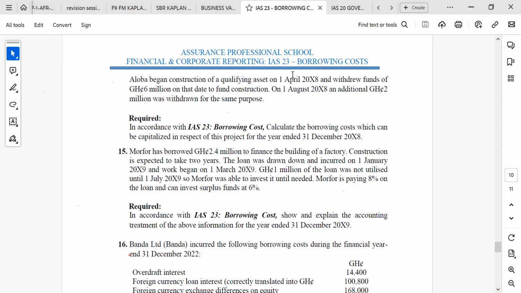So construction starts at when? At March. Okay, so let's take that. So the loan was obtained. So let's look at the loan. The amount of the loan is what? 2.4. Yes. Okay, 2.4. And this was obtained on January